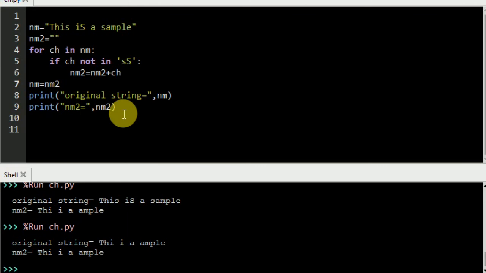Means if the question is to remove a value, display the new value, put the new value in the same variable. This is the method that you need to follow to make the changes, and this is the way that you can do it. So like this you can overwrite or remove the original content, original string from a variable.